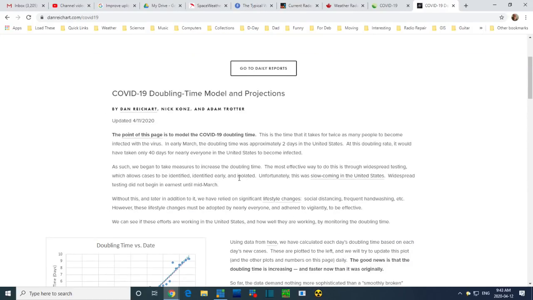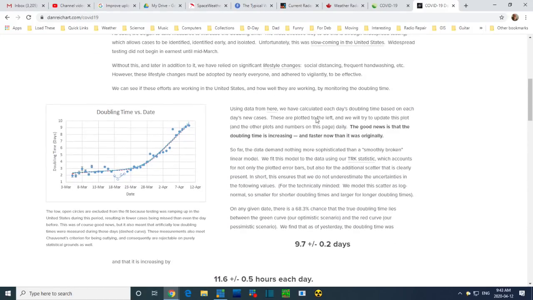You can always go on this website and read all the details if you like. I'm just going to go through these charts here. This is the chart of the doubling time as they have calculated it, in days. A doubling time of 2 is very dangerous, of course. That means every 2 days the number of infections doubles, and you can just imagine how rapidly that would ramp up. That's kind of what it was back in early March.